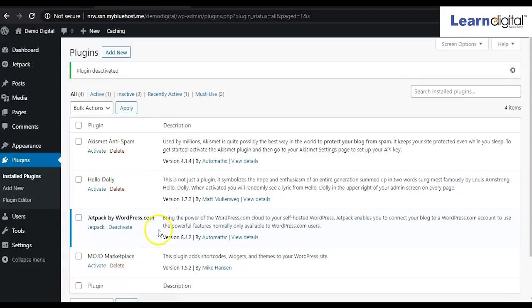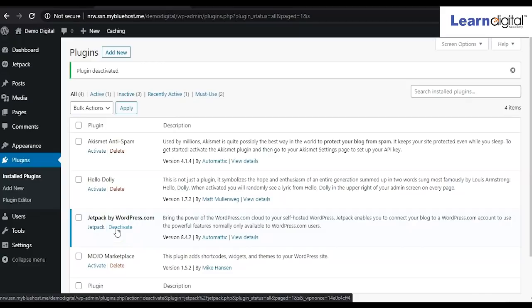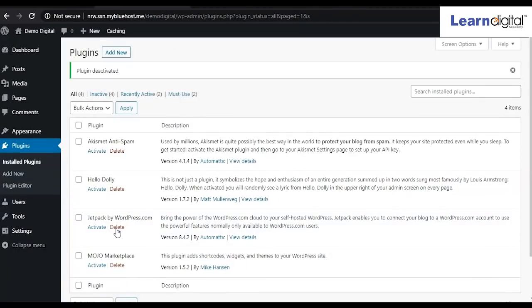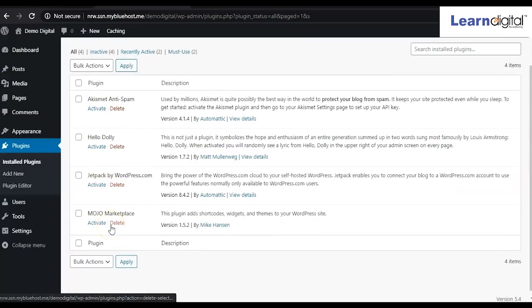Fine. Now again Jetpack. This Jetpack I have to remove. So again I'll deactivate it. It was coming because it was activated by default. So right now we are deactivating it. Okay, so now that option is also removed.